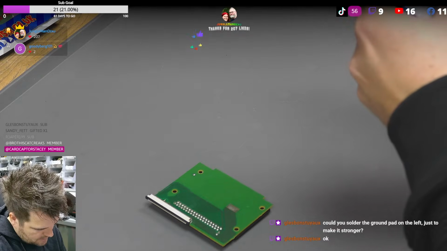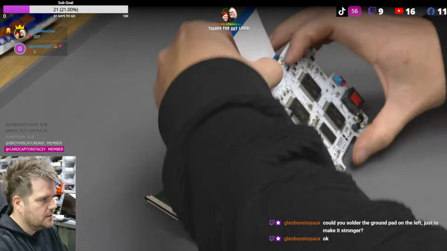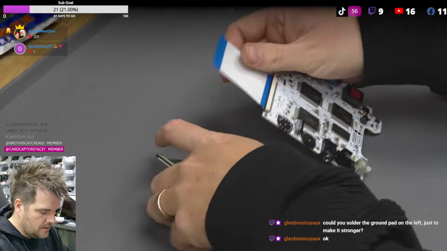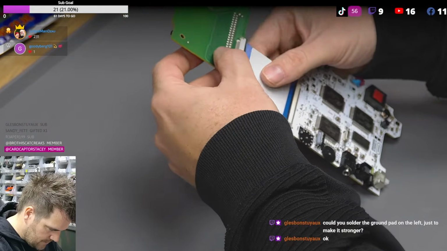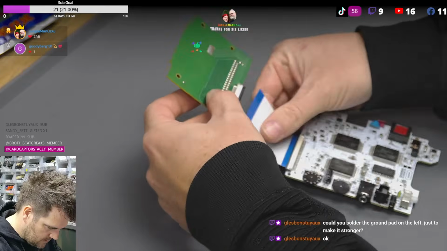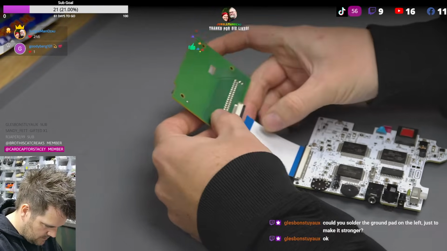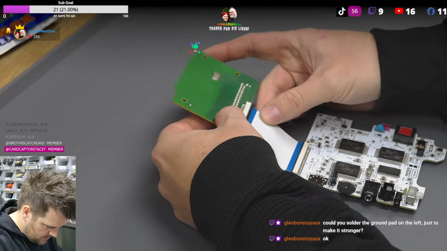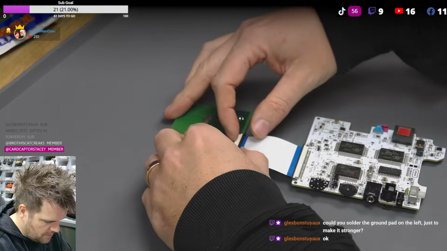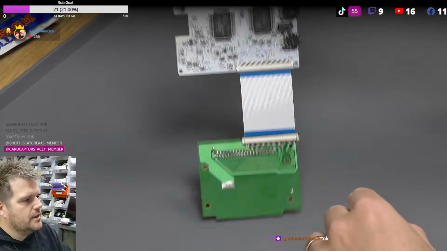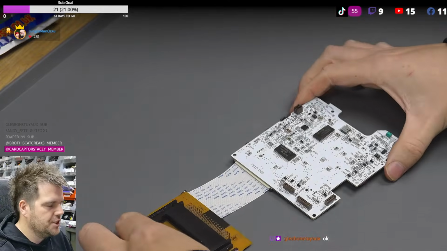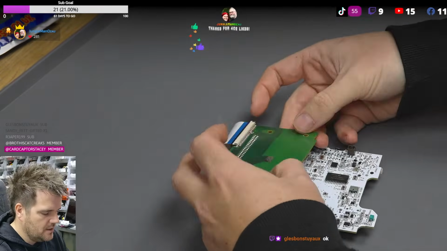This is the connector in there. And then connect to this side. This is quite cool, having a connector. How is putting the connector in harder than repairing the trace? There we go. So we now have a nice PC Engine GT that we can put a game in, and